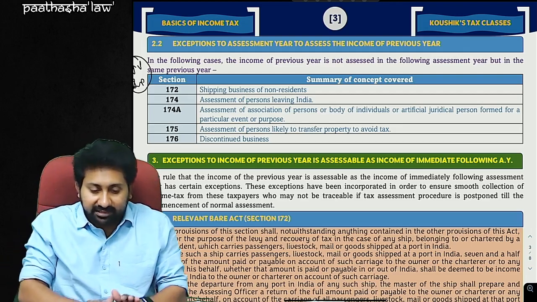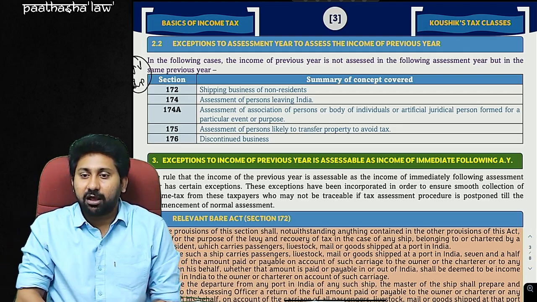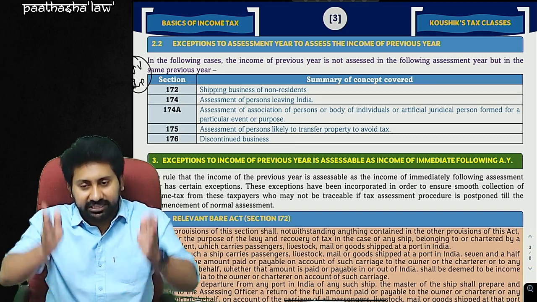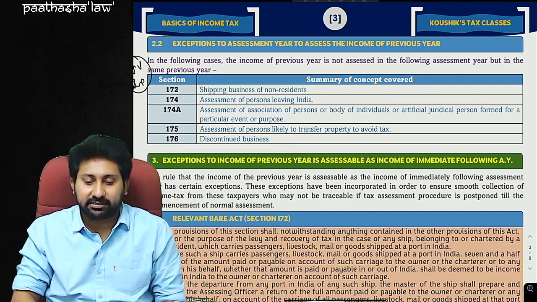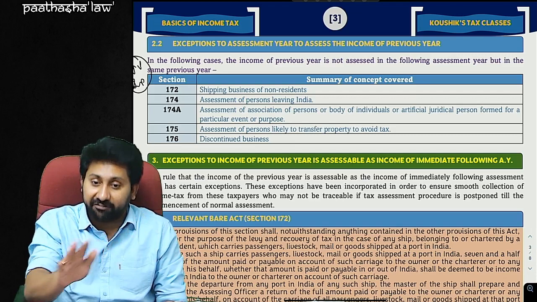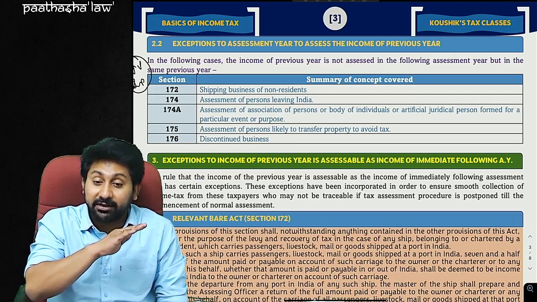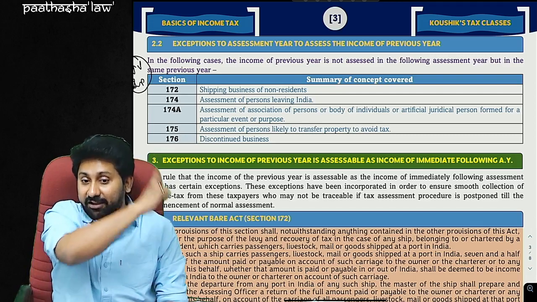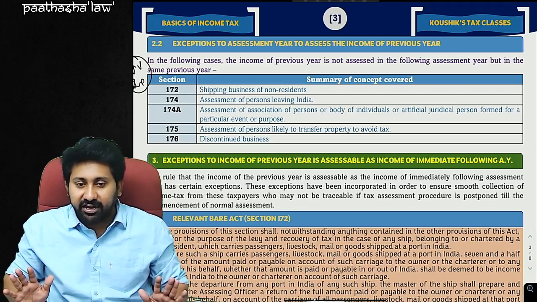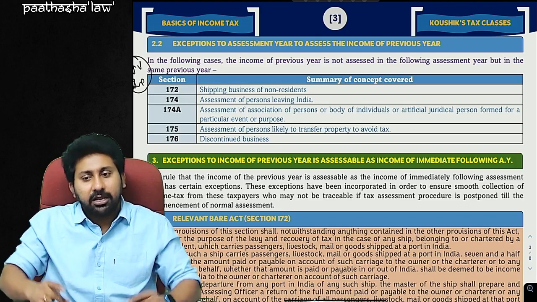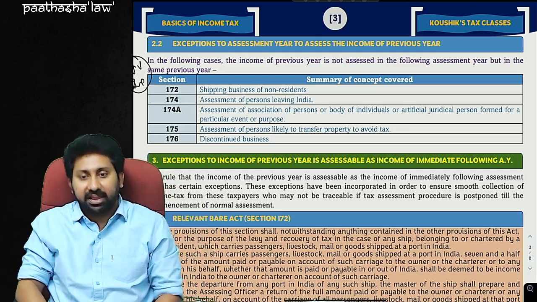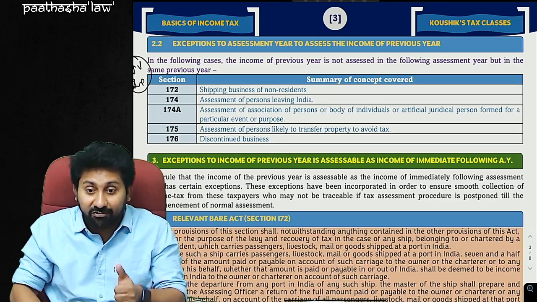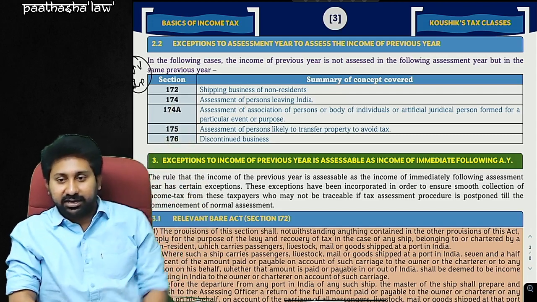Means this year you are earning revenue or income, this year only you have to pay the tax. Don't wait or defer. Postponement till next year is not available, in these 5 cases. So today I am generating revenue, this year only you have to pay the tax and file the returns accordingly. Why? What is the need? Let's try to understand.